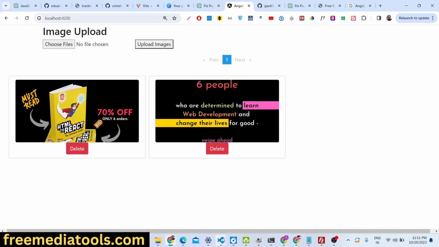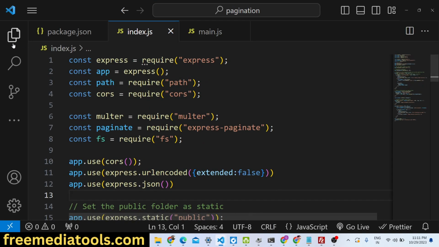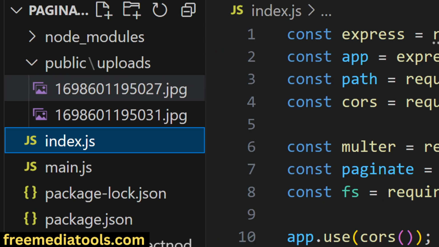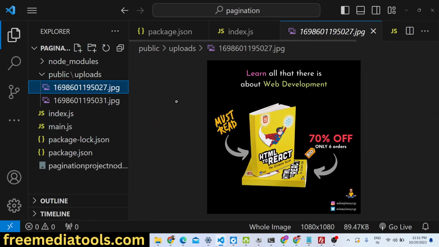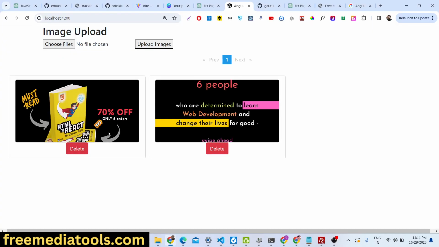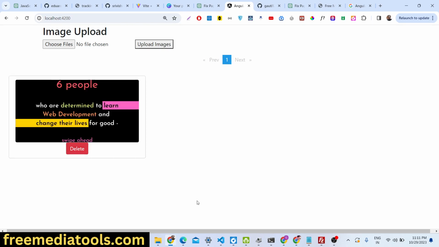So as you can see, guys, let me show you the backend here. We are storing all these images in the backend in the public/uploads folder. So this is our backend directory, guys. Here we are storing all these image files inside the public/uploads folder. Currently there are 2 image files present inside this directory, which we are showing in the Angular front end. If I again click the delete button, so now if I show you, guys,